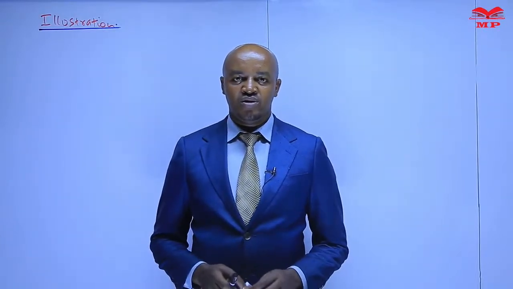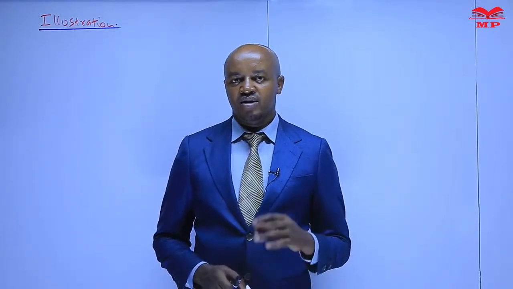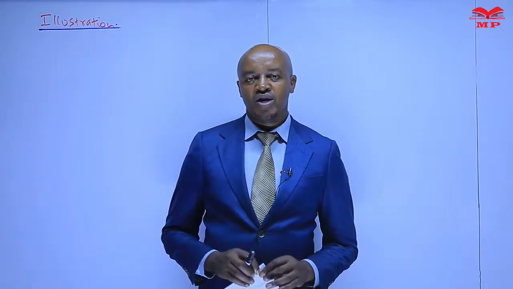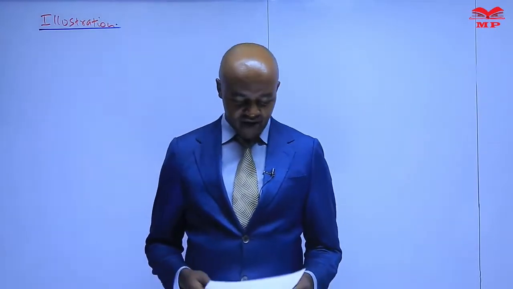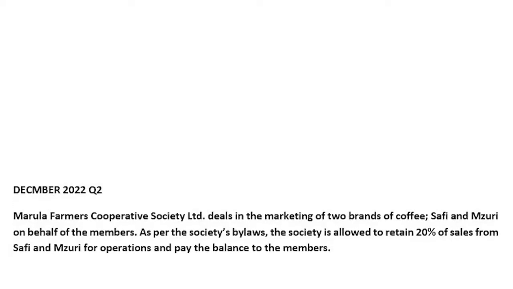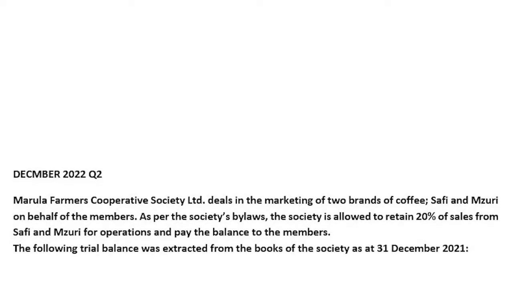Hi students, welcome to another session of Manifested Online Classes. So in this session, I want us to continue with topic number 3, subtopic number 5, financial statements of cooperative societies. And specifically in this session, I want us to look at an illustration question regarding presentation of the financial statements of a cooperative society. So I want us to go through the illustration and then see what was required. So we are told Marura Farmers Cooperative Society deals in